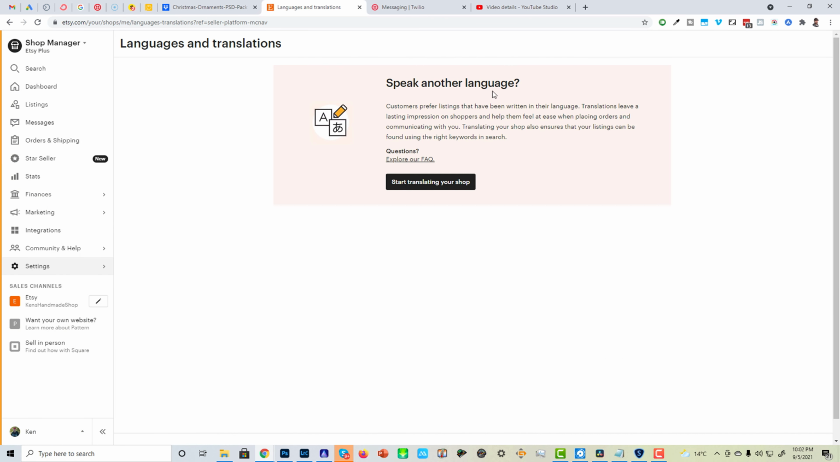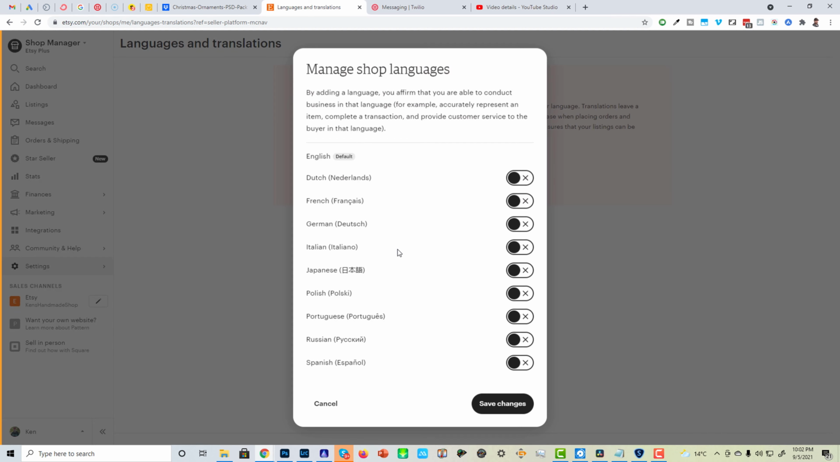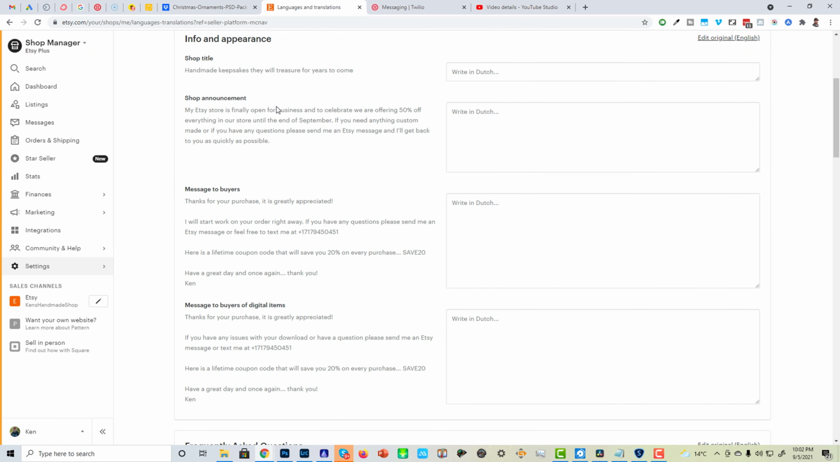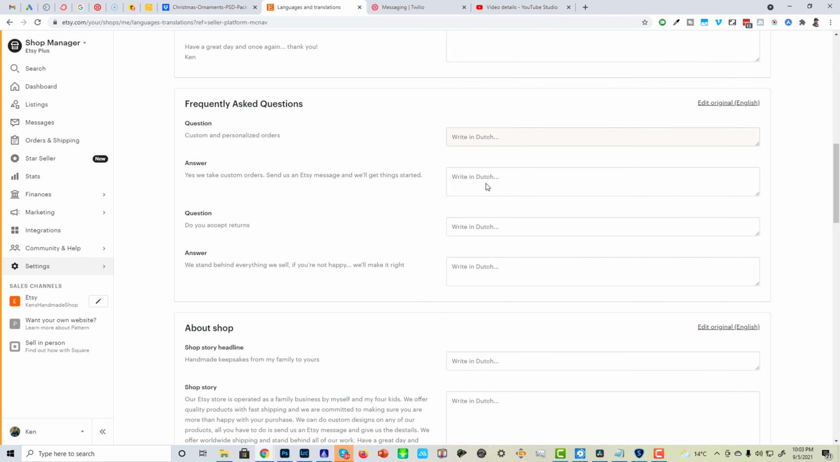Now here, speak another language. Start translating your shop. Okay, so you can go ahead and select, if you're selling everywhere and you want to translate these, well, that's cool. I enabled translation in the previous tabs, and I'll just hit save. Now, this is where you would actually take your translation, and you can just use an online translator, and here you're going to translate this into Dutch. So if they are using Dutch as their preference for search,